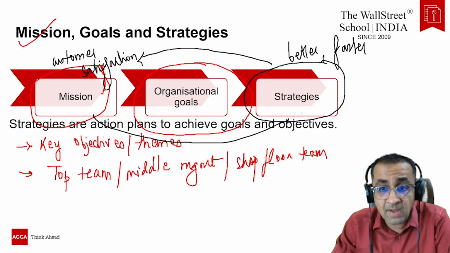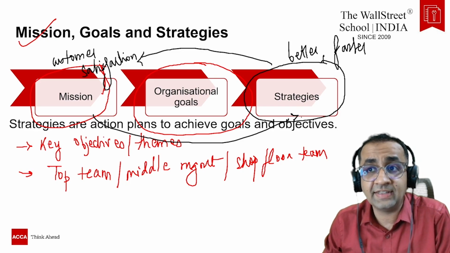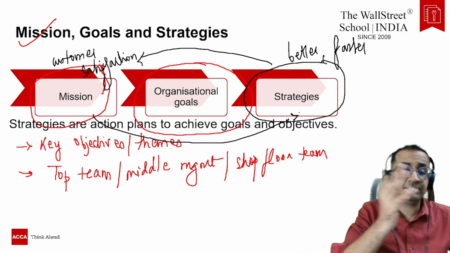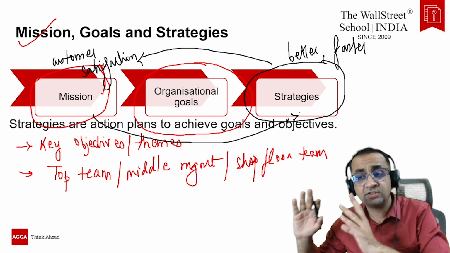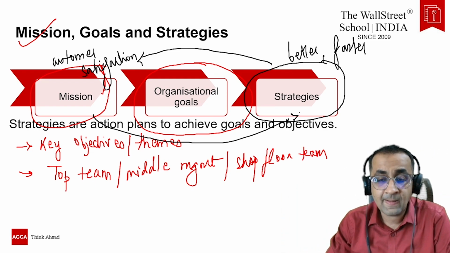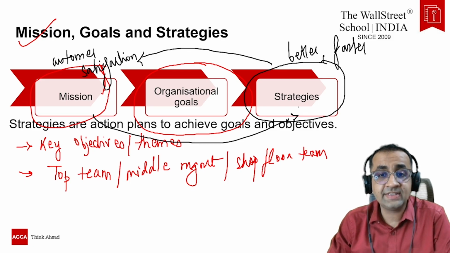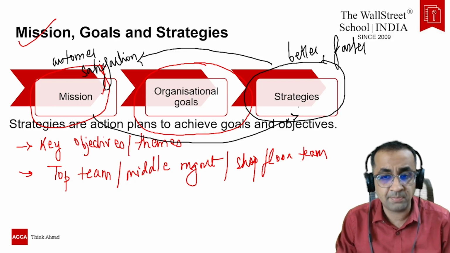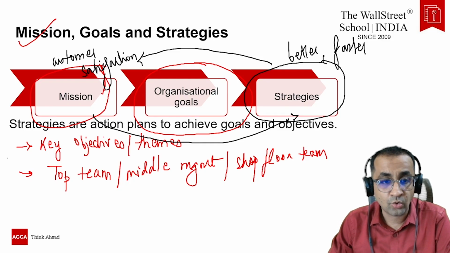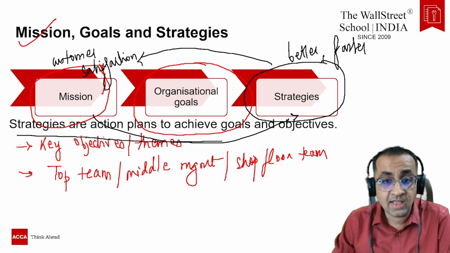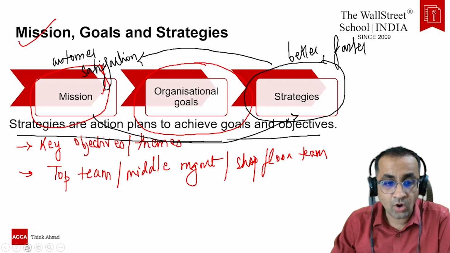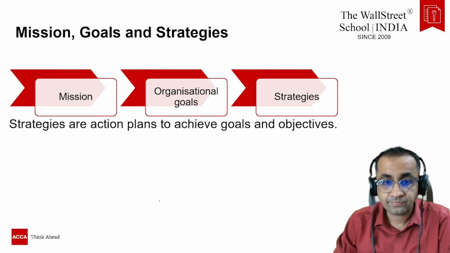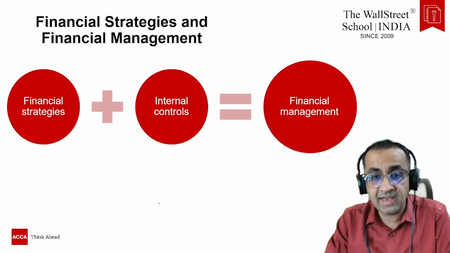And this mission, my friends, will guide the strategies of the organization. So strategies help you to achieve the mission. So that's the role of an AFM. This entire thing is the role of an AFM. If you are working in an organization, this is your main role. So strategies are the plans that will help you to achieve the goals and objectives, right? Okay, so I hope this is clear and understood.